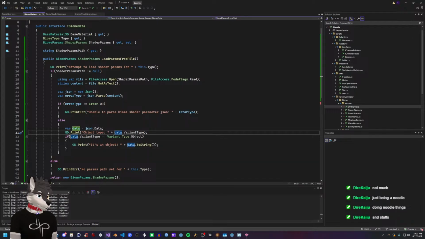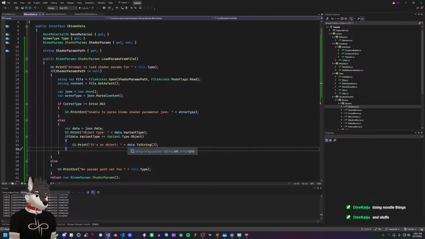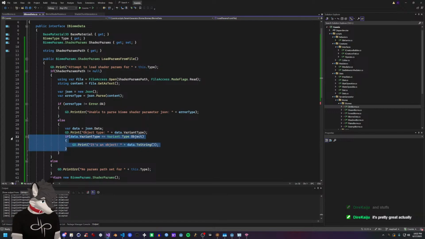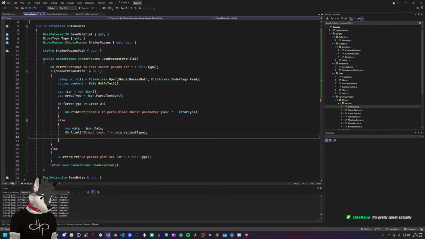Being a noodle, doing noodle things. This is good. So it's not an object type, it is a dictionary. Okay. So if it's a dictionary,